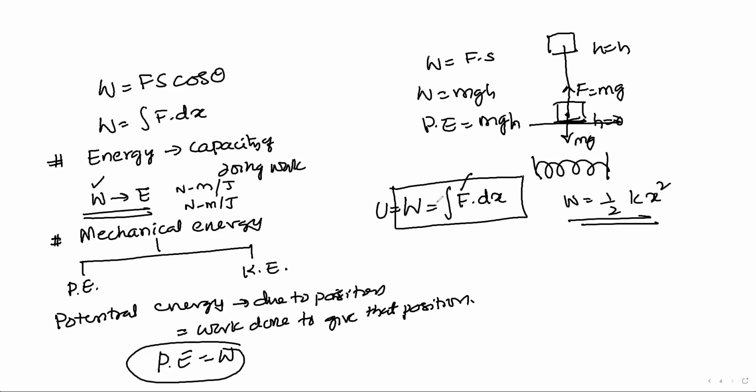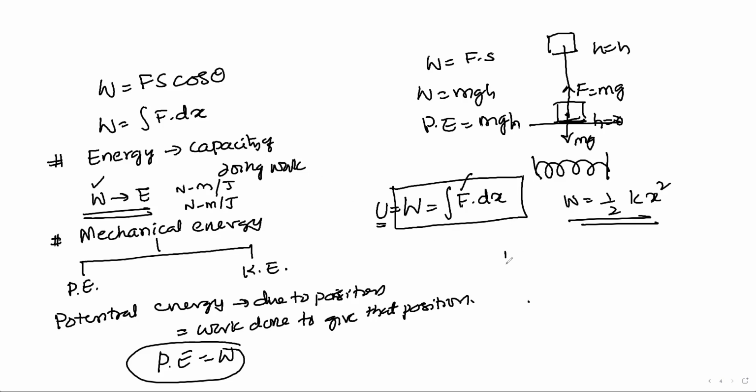Here minus or plus depends on the field. For example, in a gravitational field, what is the potential energy? Gravitational field is always attractive. Therefore, potential energy is minus, like that. On the same basis, you can define the potential energy in an electrostatic field, the potential energy in a magnetic field.